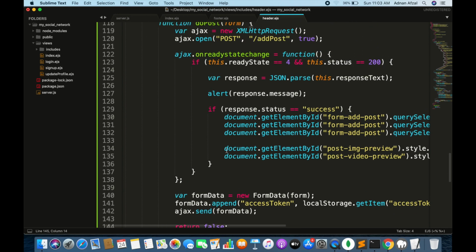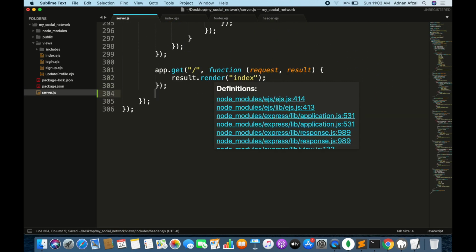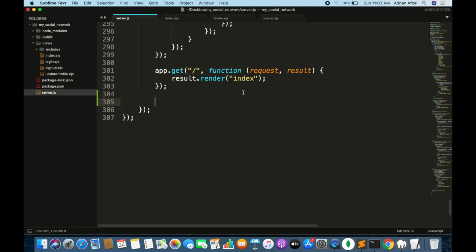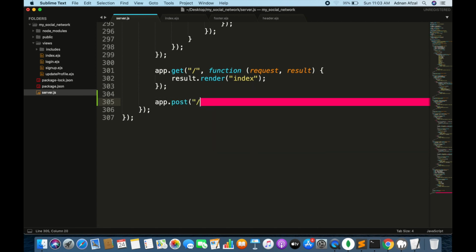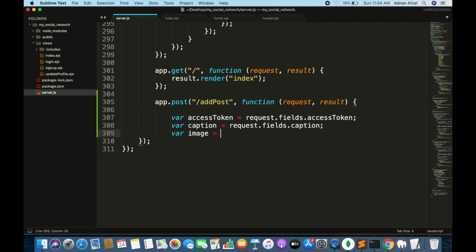Now we need to create this post route in our server.js. It will have request and result. We will be receiving the access token from the client, and caption. Image and video will be empty variables by default.